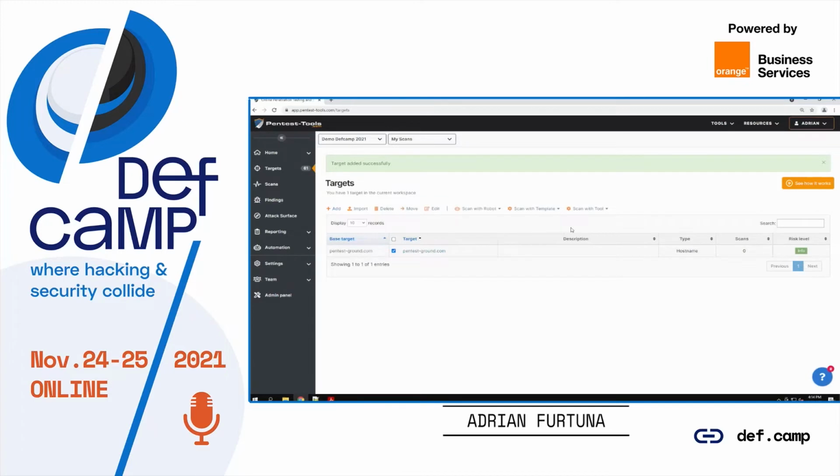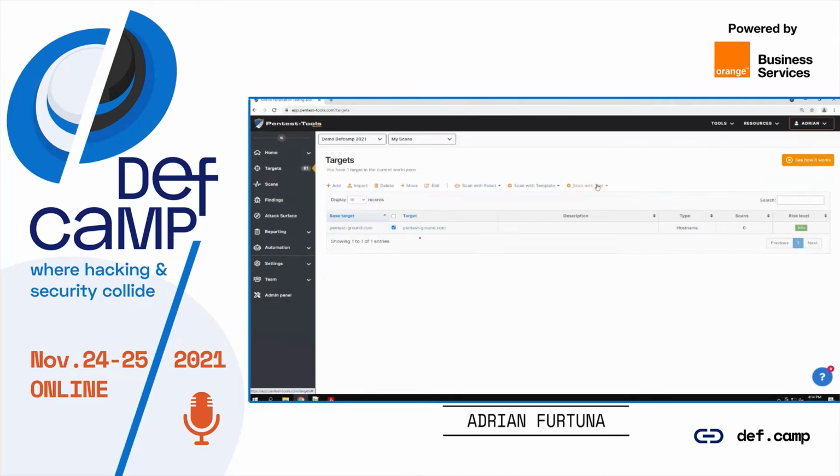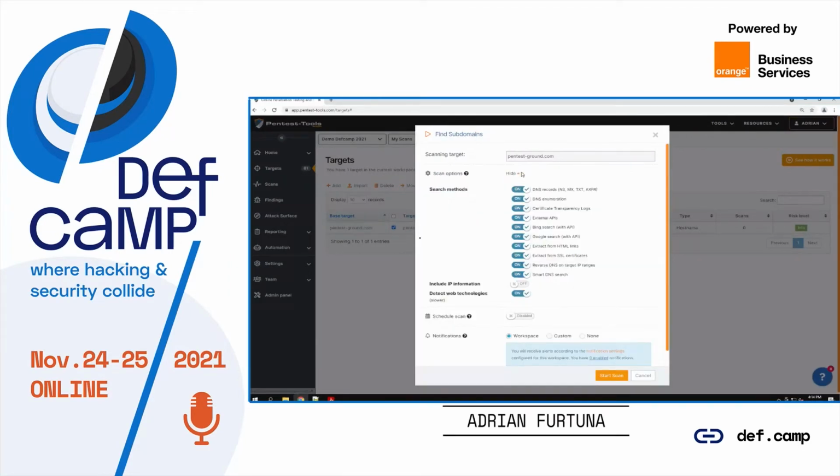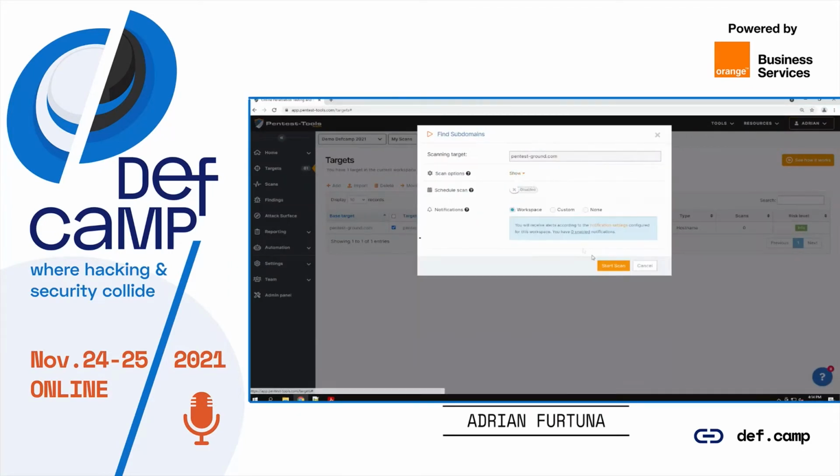Okay, and the first step that we may want to do in a pen test is to see what subdomains there are. And for that, we'll use one of the discovery tools in the platform. It's the find subdomains.